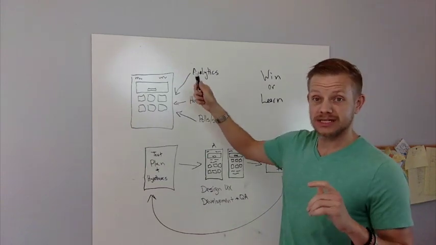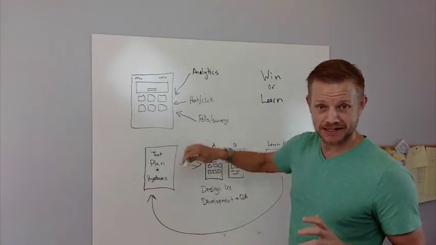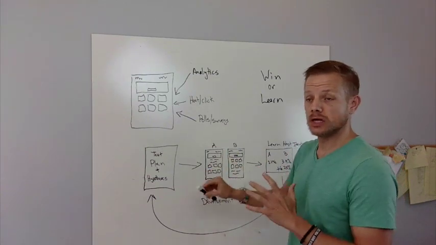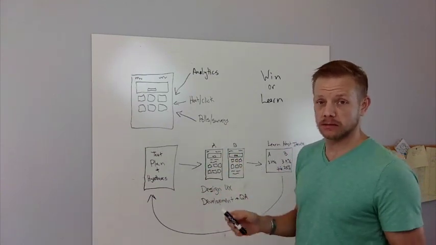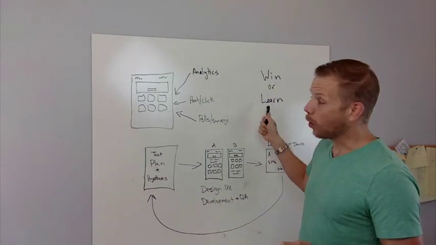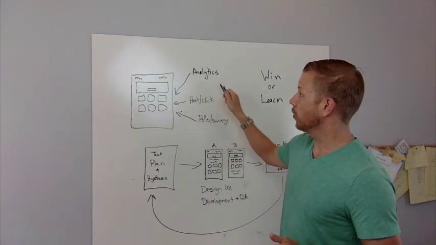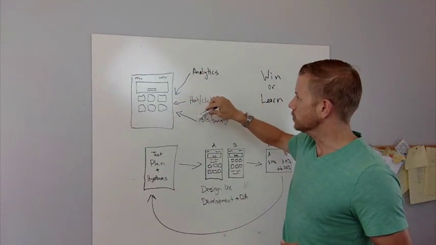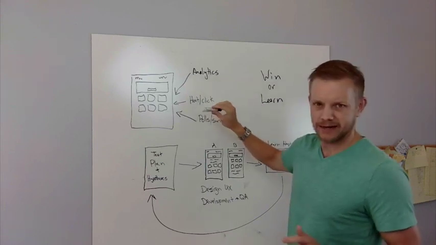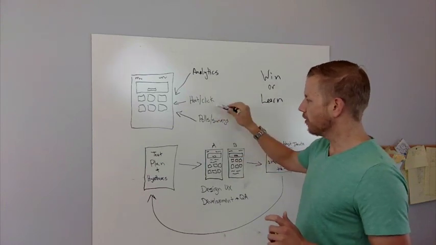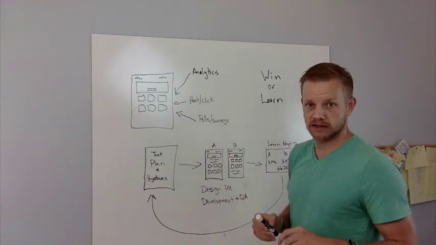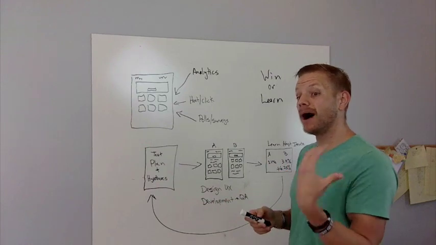So this is really just a living, breathing ecosystem when it comes to conversion optimization. It's more than just randomly testing some elements on some pages and hoping that we see something that sticks. We either win or we learn, and we look for those different trends in the data. We look for what the visitors are paying attention to, what they're ignoring, where they're falling off in the process, and we find out firsthand from polls and surveys and things like that to help us understand